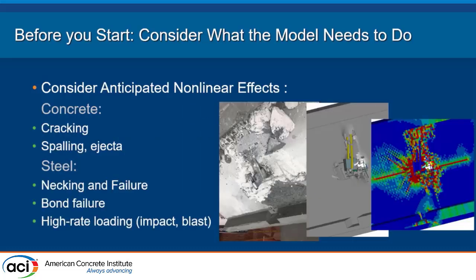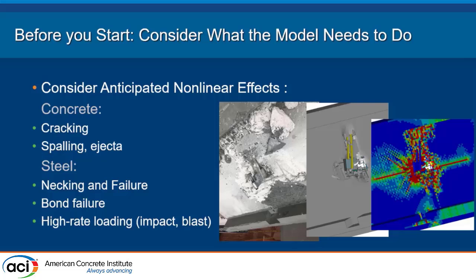We should think about what kind of effects we need our model to produce. Say in concrete, we want to model the damage, we want to model the cracking. We need to be able to predict how much spalling we'll get. This is important in nuclear power plant aircraft impact, for example. In steel, are we expecting to go plastic? So modeling the strain hardening, maybe out to necking and failure, is important. Maybe we need to model the bond failure that might occur between the reinforcement and the concrete. It might be like an aircraft impact, it might be high strain rate, and we'll have to account for that